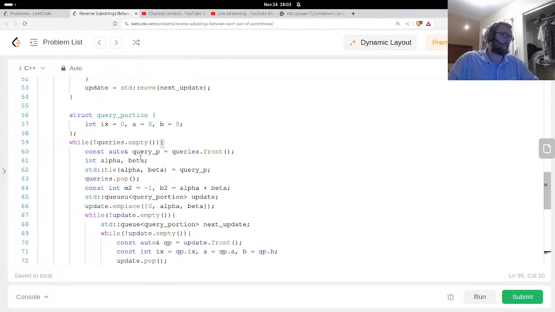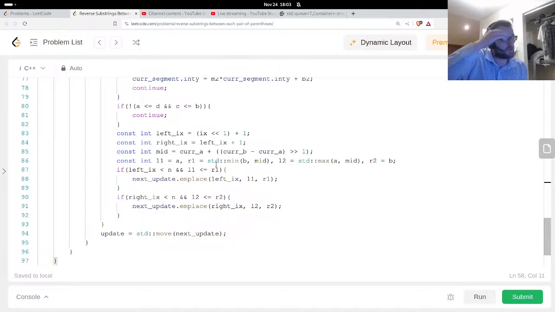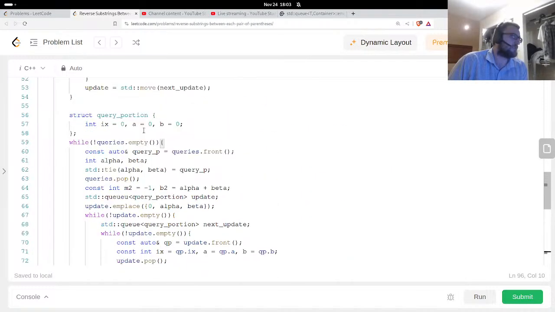It might be asymptotically faster, but not much faster in terms of clock time, I guess, on these test cases. Might not be worth all this extra effort. I don't know. I guess we'll see. But anyway, yeah, that actually will perform the updates as I need them, and then finally